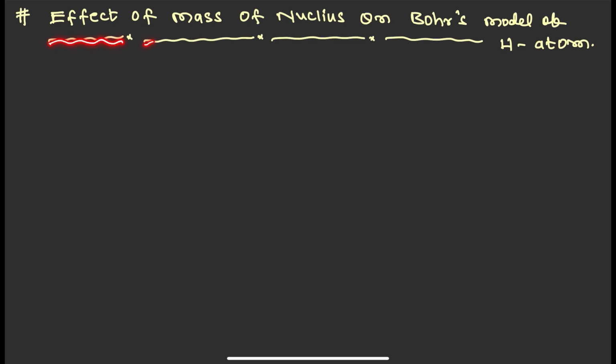Effect of mass of nucleus on Bohr's model of a hydrogen atom. So in the Bohr's model of a hydrogen atom, if we discuss the atomic spectra of hydrogen atoms, the very first case in the atomic spectra